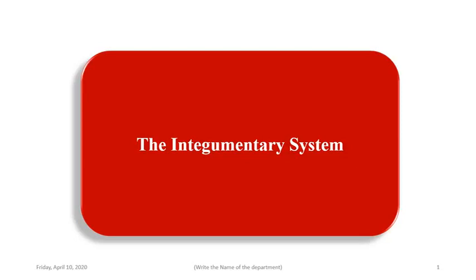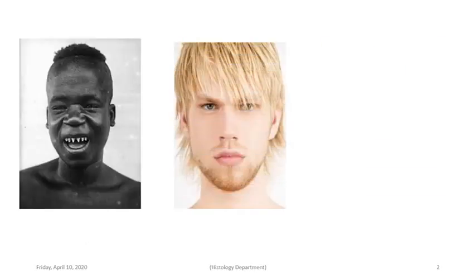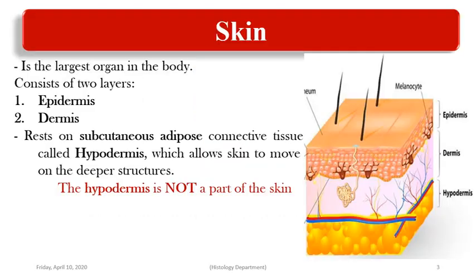In this lecture, we are going to discuss the integumentary system. The word integumentary, or the word integument, means to cover, something covering. The skin. The skin is the largest organ in the body as it represents about 16% of the total body